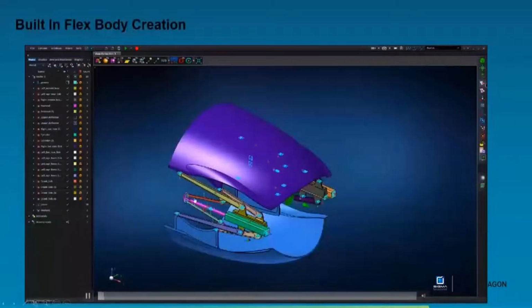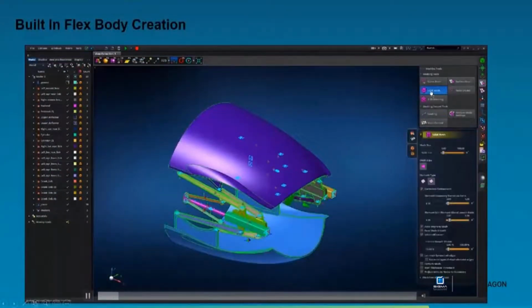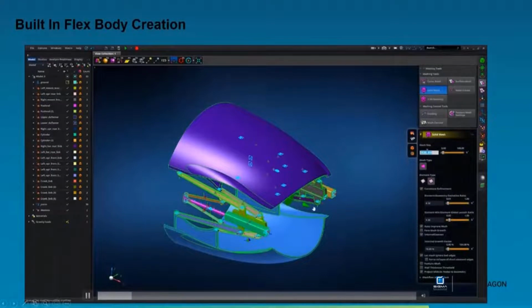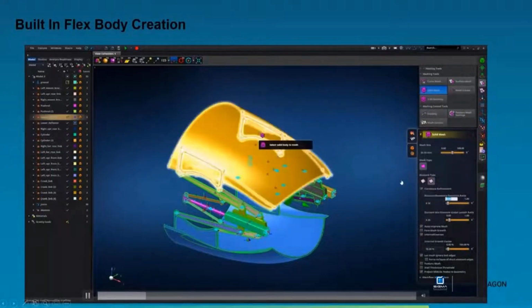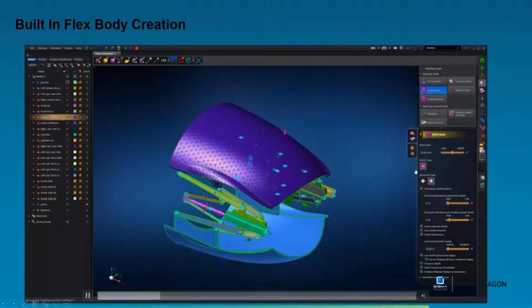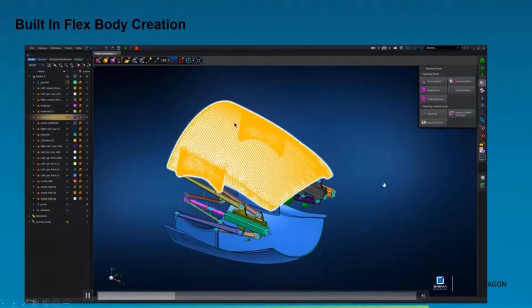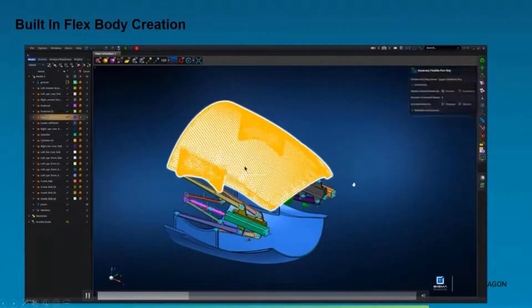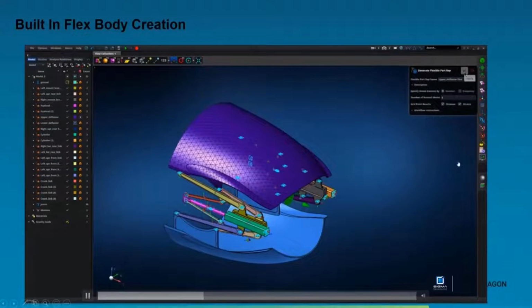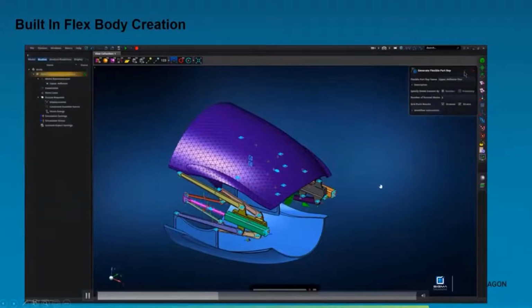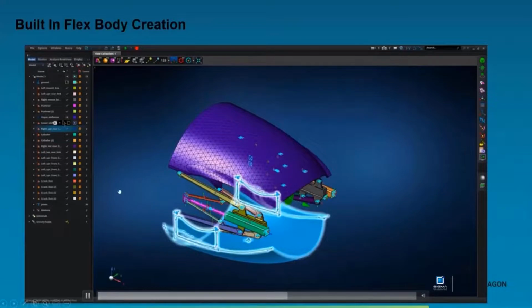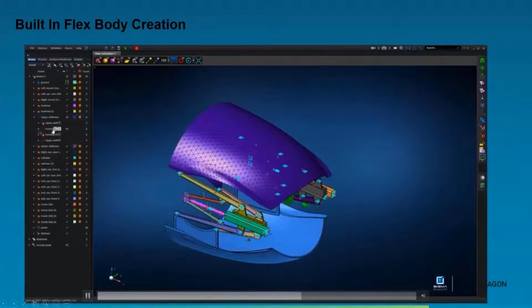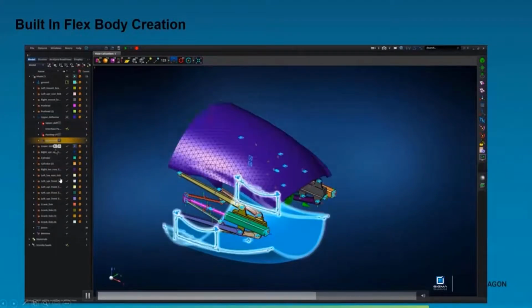And then there are built-in flex bodies. You're trying to create a solid mesh. So for example, you set the element size, and then quickly after you mesh, you say, okay, generate a flex body. So you're creating an MNF file within the same environment, and then if you see here, it generates, and you have the flexibility here to quickly change the property of the